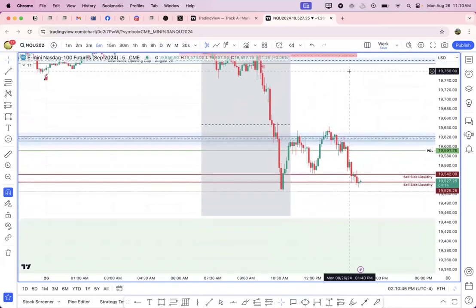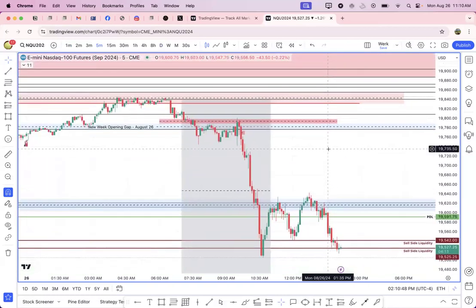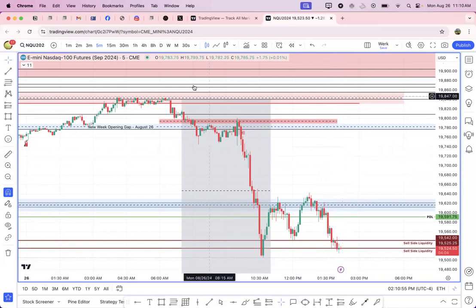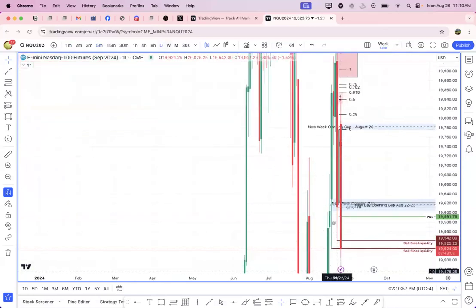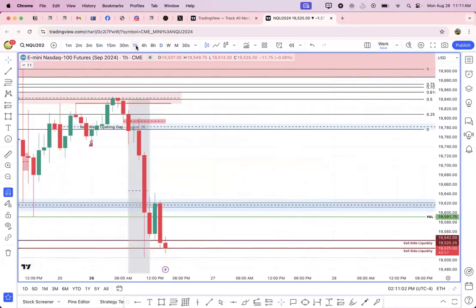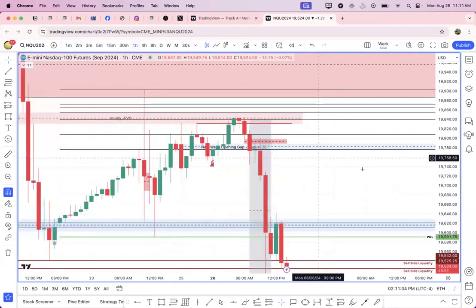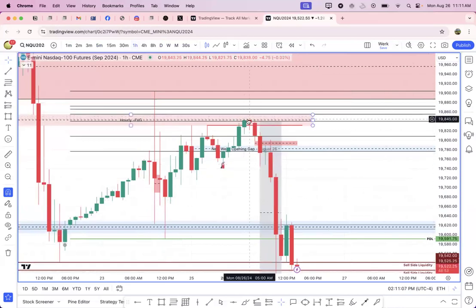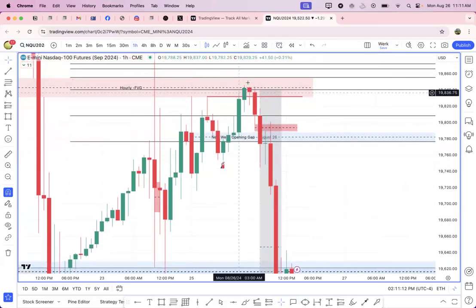So what is this day? I don't know, 16, 17? I got 5 more days left. I think this is day 17. Of this 2022 YouTube model. Oh, okay, I got you. See, I should label it. So it rejected out of this hourly fair value gap, and then I put this hourly fair value gap here. Okay, so let me go back.